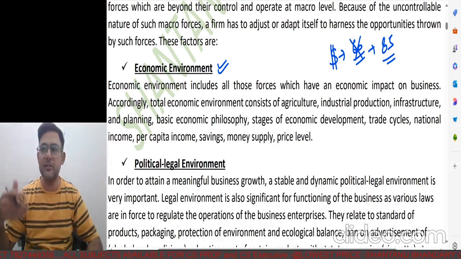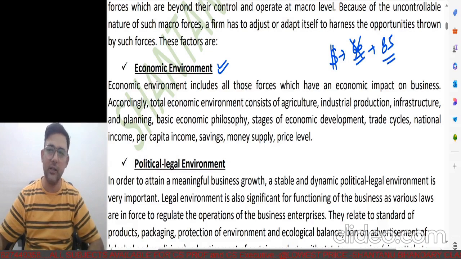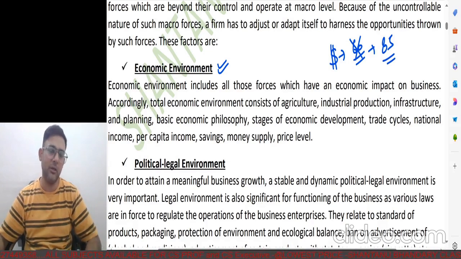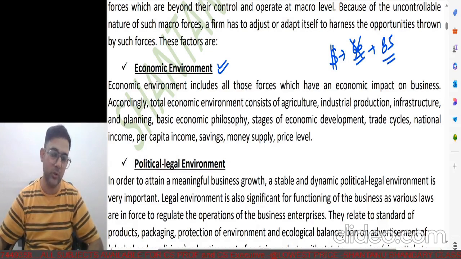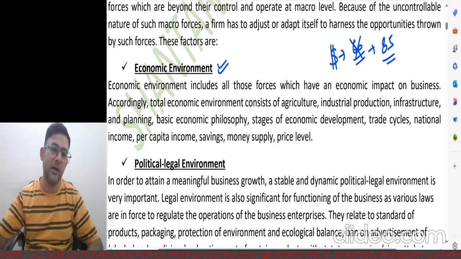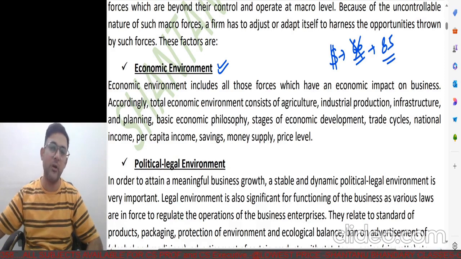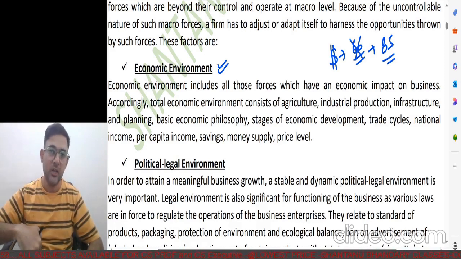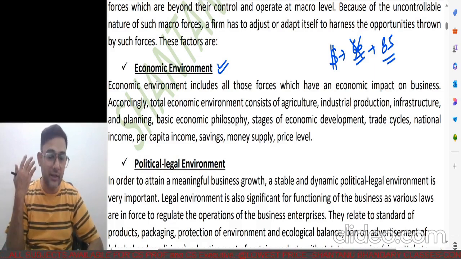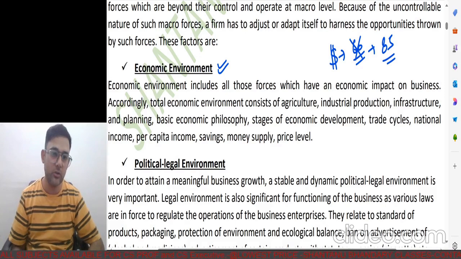The other example, let's say Ukraine and Russia, they've been fighting, and so many people are unfortunately getting killed, and they are becoming homeless. They don't have any home, they don't have any food to eat. A lot of tension has been created in the international market. The US Nasdaq stock market is falling, going down. Similarly, the effect will come to India. You have not done anything wrong, I have not done anything wrong, we collectively have not done anything wrong, but we have to suffer because this is not something we can really control.